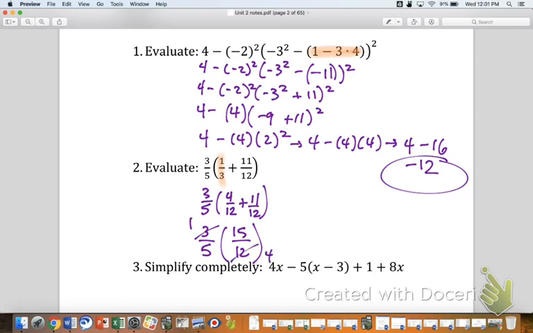So let's see here. 3 and 12 cancel to be a 1 and a 4. 15 and 5 cancel to be a 3 and a 1, respectively. 1 times 3 is 3. 1 times 4, I got 3/4. Good? Yep. Any questions? Okay, then number 3